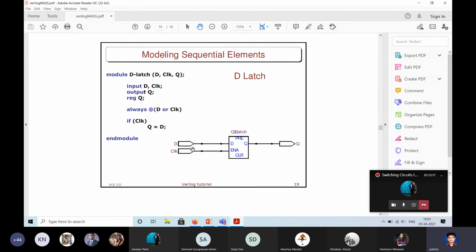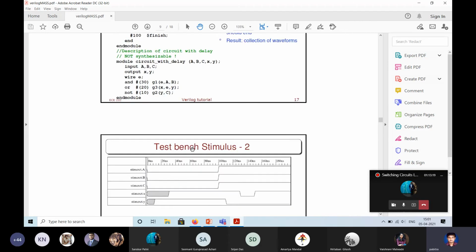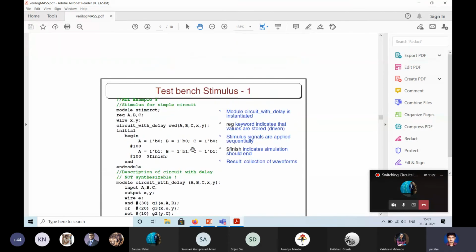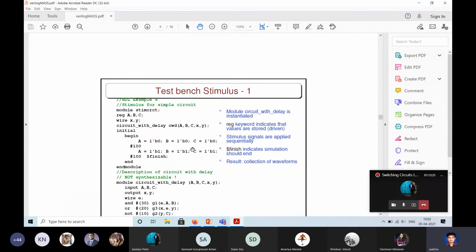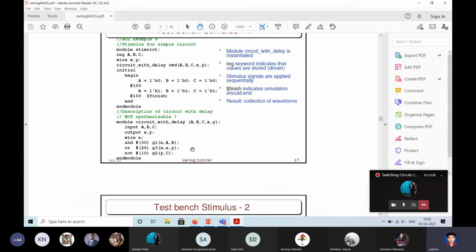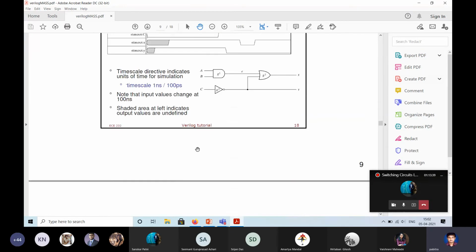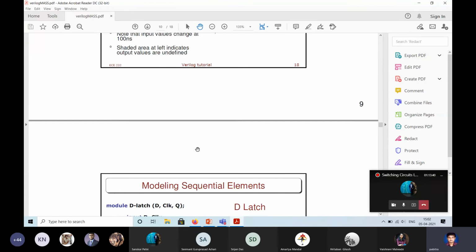This is a D value. By the way, you can initiate these wire variables, and they can be of different types. These wire variables can be supply 1, they can be a logic input of 1, they can be supply 1, supply 0. There are various types of wire variables, which are like constants.